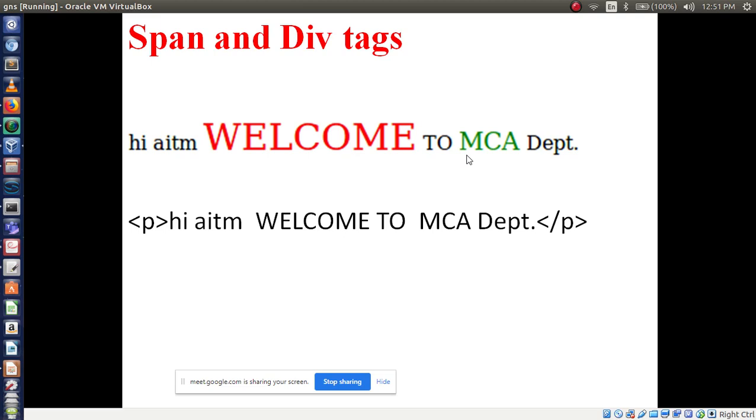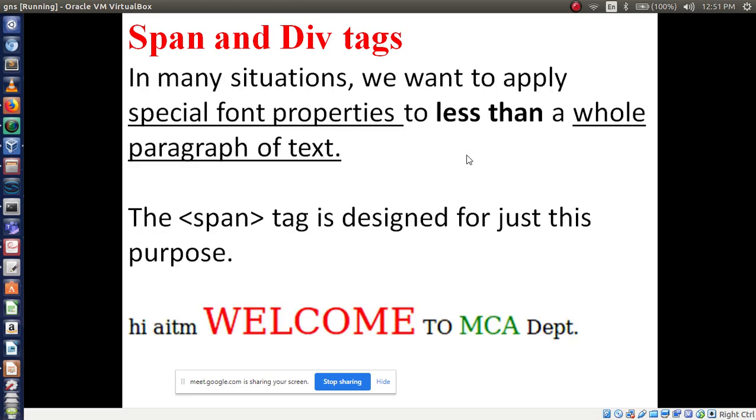Okay. Now we'll see how to write the content of the span tag. In many situations, we want to apply special font properties to less than a whole paragraph of text, less than a whole line.